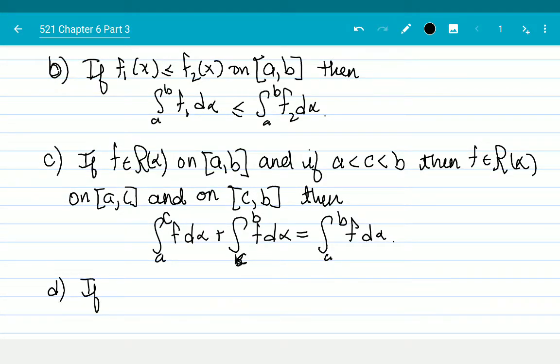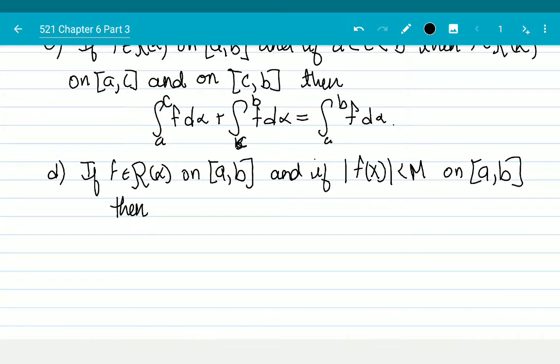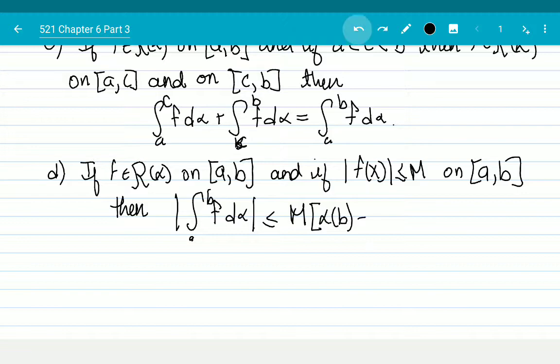For D. If f belongs to R alpha on [a,b], and if the absolute value of f is smaller than or equal to M on [a,b], then the absolute value of the integral from a to b of f d alpha is smaller than or equal to M times alpha of b minus alpha of a. Okay,